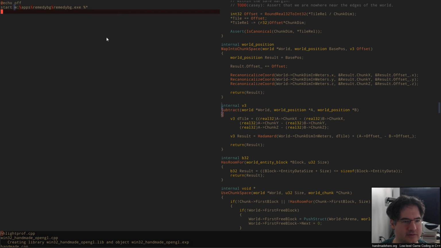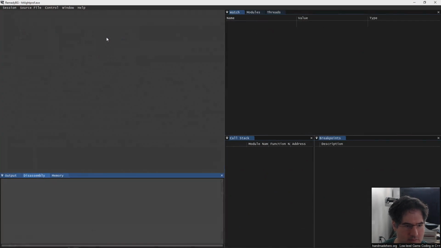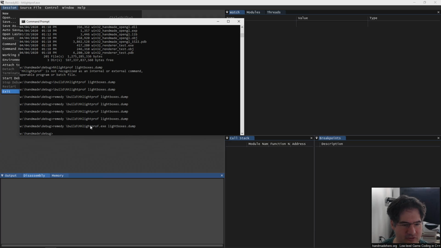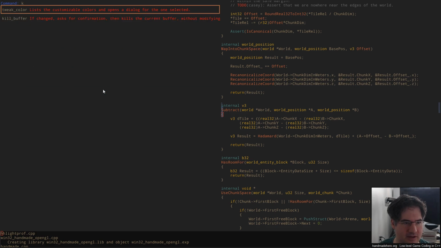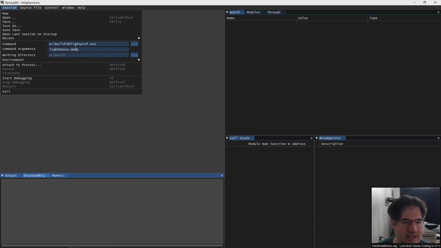Might have to append exe, but I thought that worked. Oh, okay. So apparently... Oh, yeah, it does work. So I guess you need to actually say exe because it probably just couldn't find it. So never mind. It looks like I actually did fix my batch file, so that's good. I thought my batch file was broken, but it's not. Never mind. All right. So yeah, I can now create a debug profile for this,